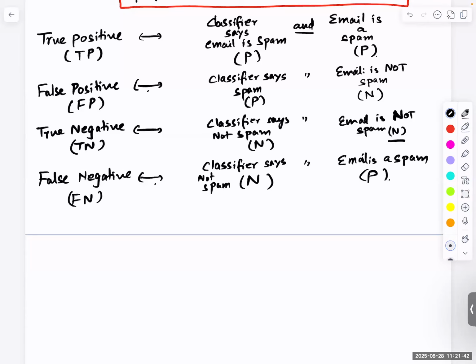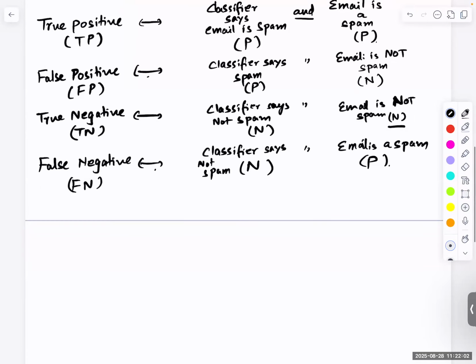Now, in general, the outcome of your classifier could be a probabilistic outcome, because it depends on the content of the email and what kind of mechanism is used by the classifier to make the decision, maybe extracting some specific features of the email, detecting keywords of the email, and then trying to make a decision. In probability terms, we can look at